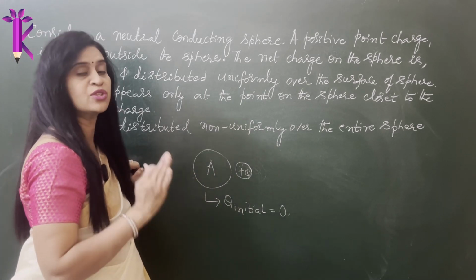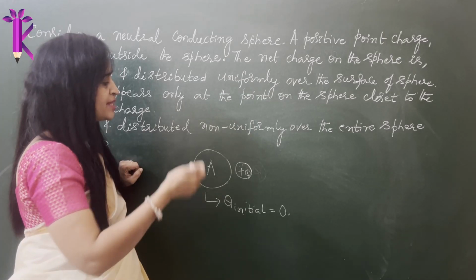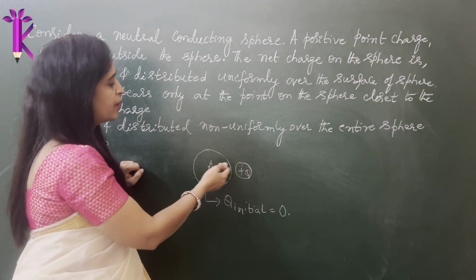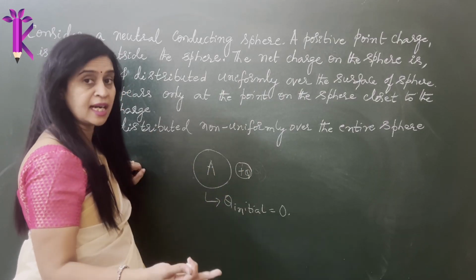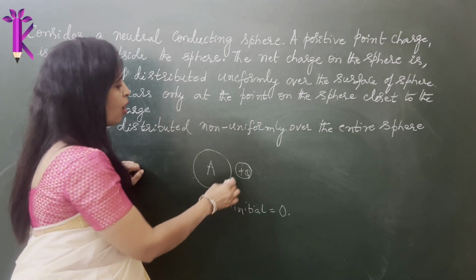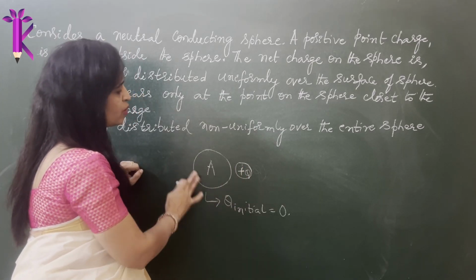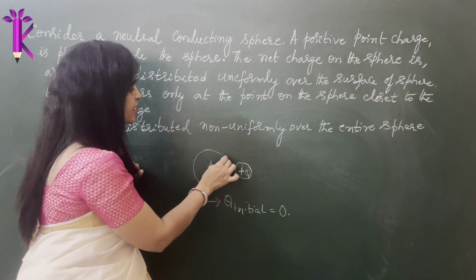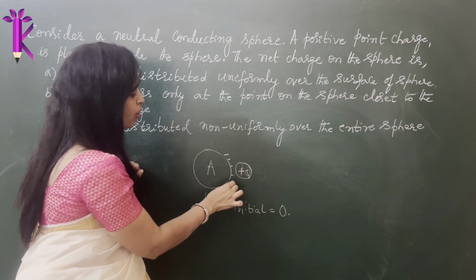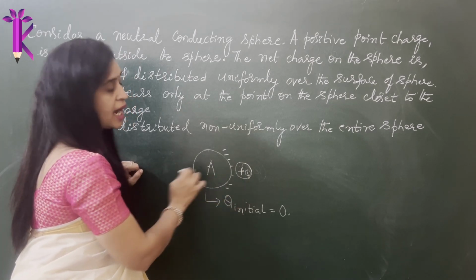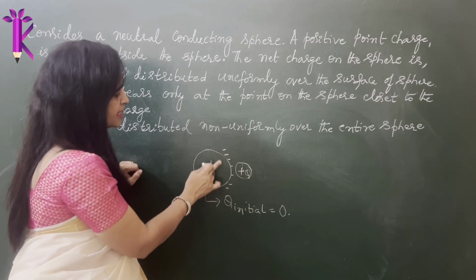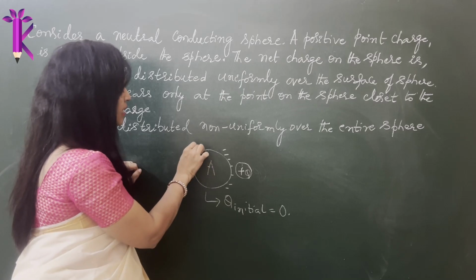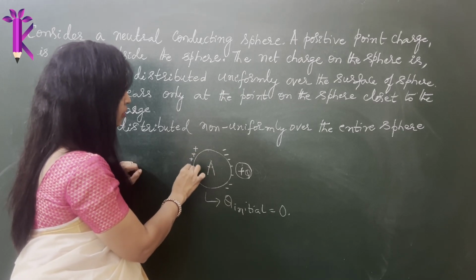Now what is the concept that you're going to use here? It is very obvious. We are going to use charge redistribution, or in other words, charging by induction. So when you bring them closer, and they're not in contact with each other, because of the positive charge, although there are equal numbers of negative and positive charges inside, the negative charges do get attracted and accumulate on the surface close to charge plus Q. Since it had equal numbers of positive and negative charges, the same number of positive charges will accumulate on the other, rear side,